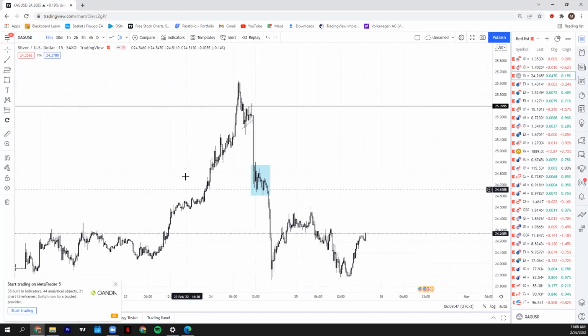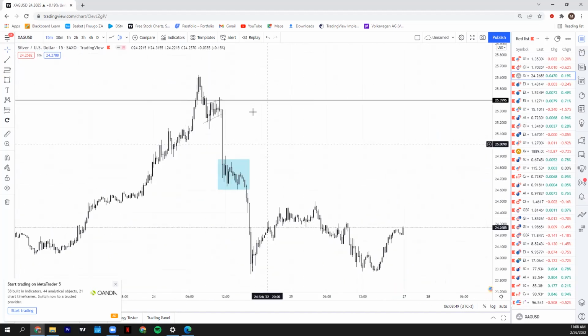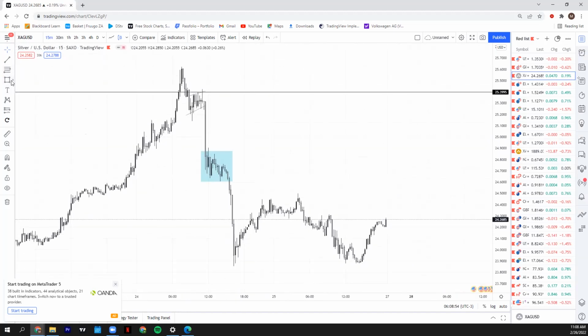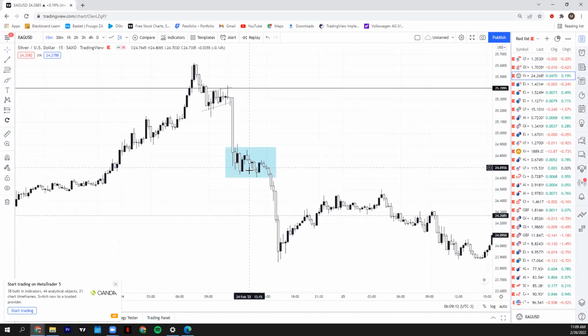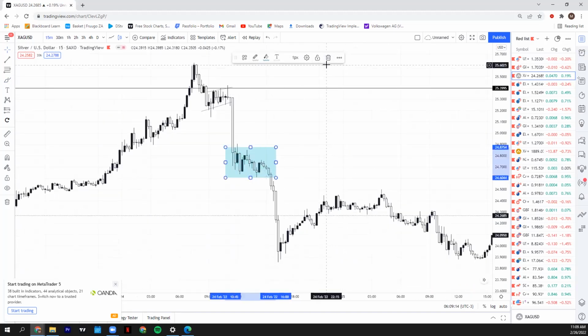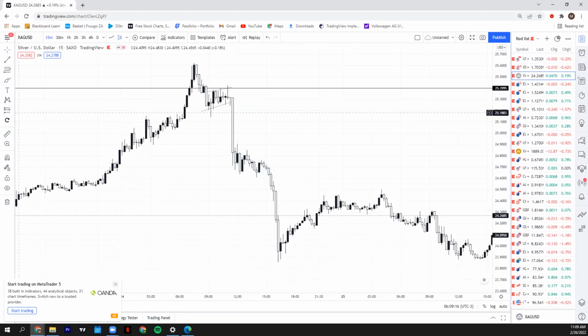So let me explain this setup. It's basically the same thing with this one. Remember our concept: impulse, correction. It's the same concept: impulse, correction, impulse, correction, impulse. So we're just following that simple method. And as you can see with this one, it's not as beautiful as this one, but we had a